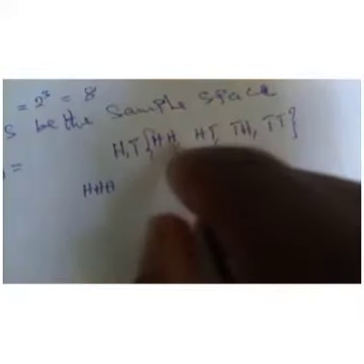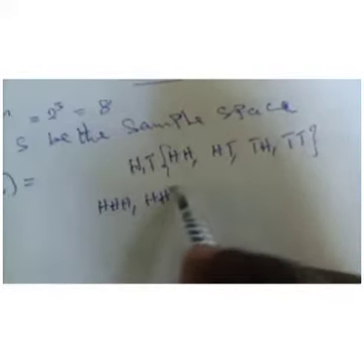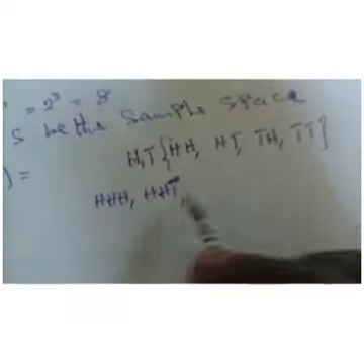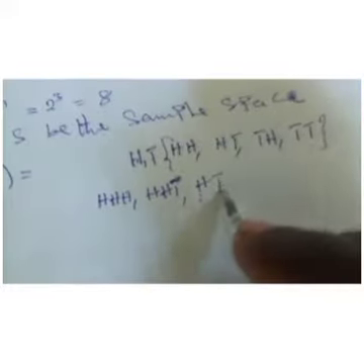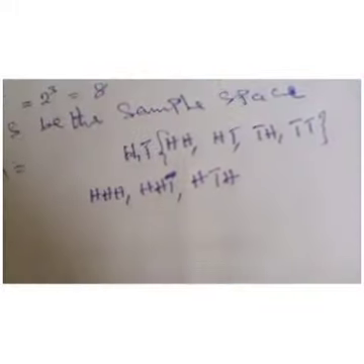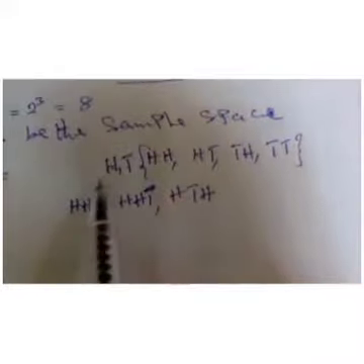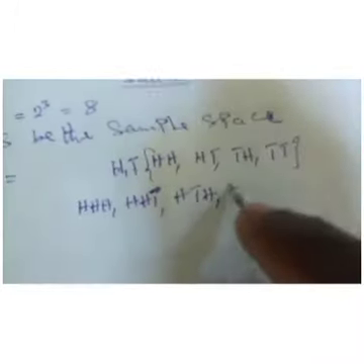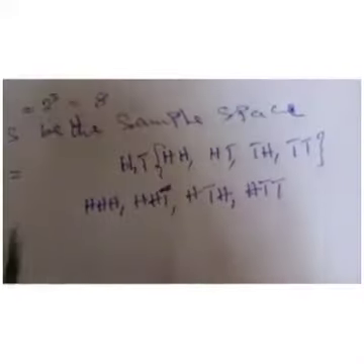head, head, head. This and this, you have three heads. And this and this, we have head, head, tail. This and this, we have head, tail, head. Am I making sense? And this, we have head, tail, tail. Okay, let's move. This and this, we have